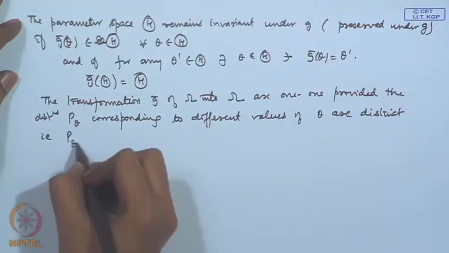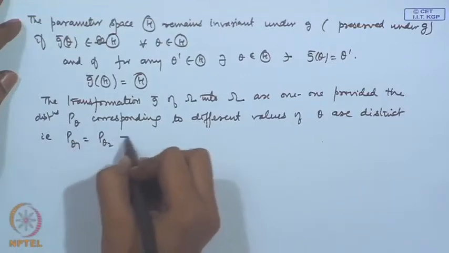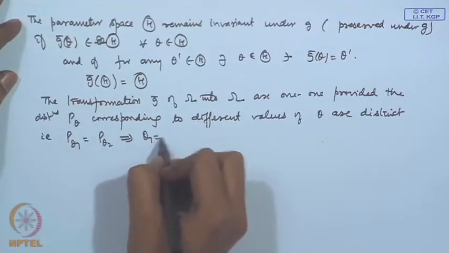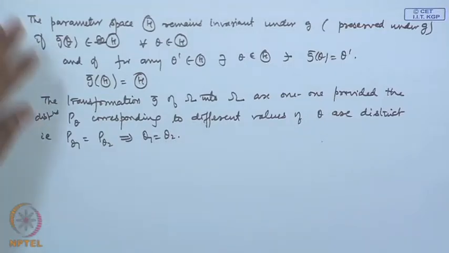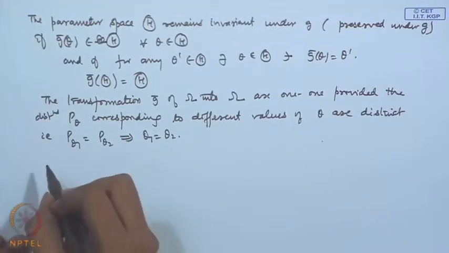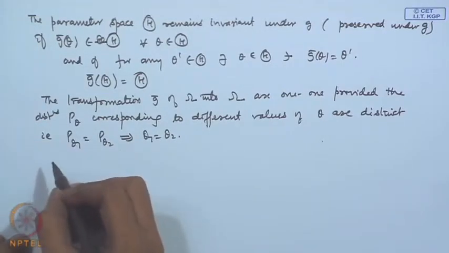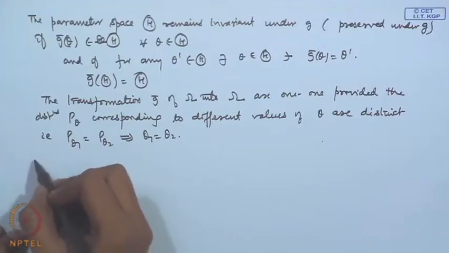That is, p theta 1 is equal to p theta 2 implies theta 1 is equal to theta 2. We have the following lemma: